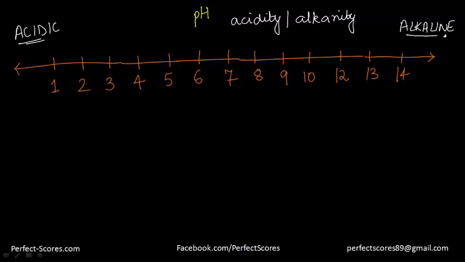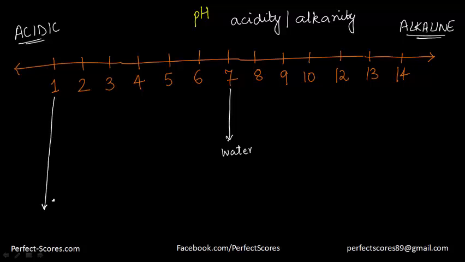So let's see a few important substances that are found in general life, whether they're acidic or alkaline. Let's start with the one that is in the middle, which is going to be pure water. So that falls under the category of 7. So 7 stands for neutral, and an example of that is the water that we drink. Now starting from the acidic one,